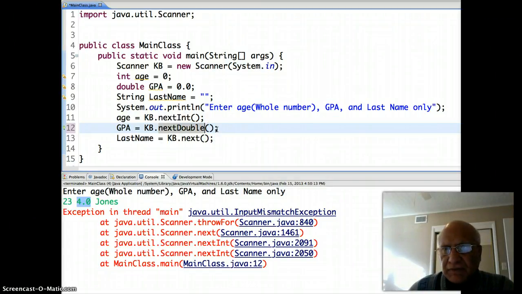That's part of the description of the input mismatch problem that you can get in Java. You can get that in a number of different ways. There's just not one way in which it can happen. It can happen in many different ways. More advanced ways will be shown later to avoid this input mismatch, which I call the input mismatch gotcha. Right now we have to make sure that we code it correctly, we give the user clear directions